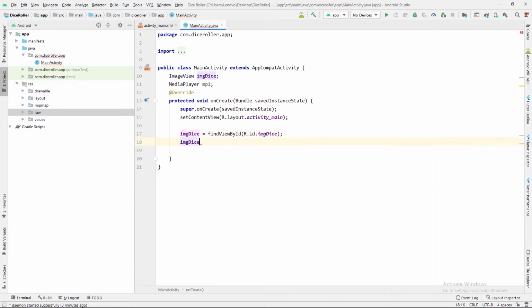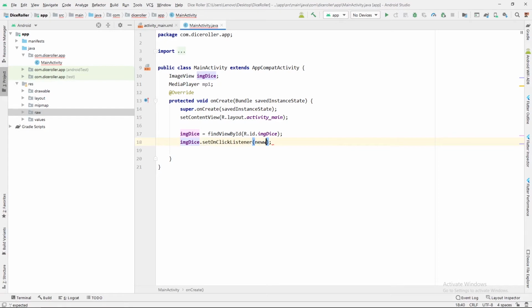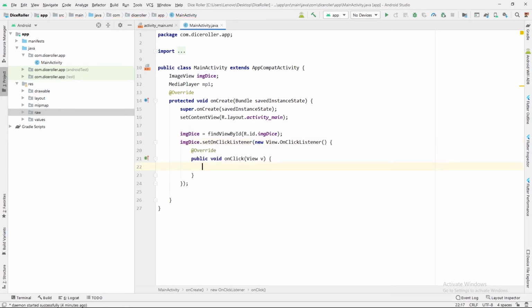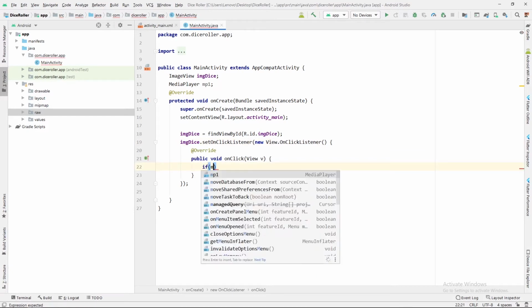And just after this I will pass one click listener to this image, so that whenever user will click on the dice image, it will randomly generate one face of dice and show it, and meanwhile it will play a sound of dice rolling.